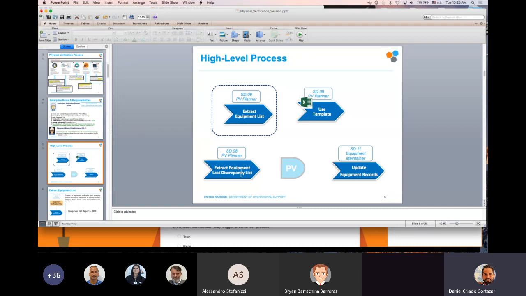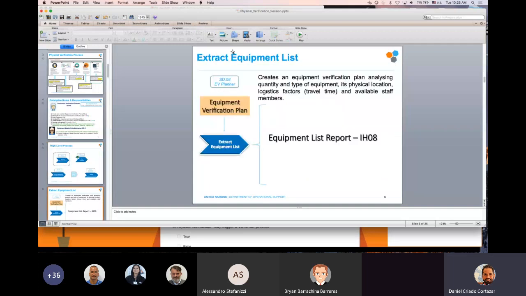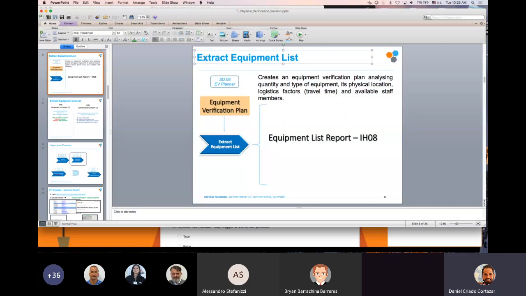So you will basically extract two lists, and those two lists will be dumped into the template, and we will see how it's done, right? Eventually, those equipment master records will be updated by the SD11. Okay. So first, what we're going to do is we're going to extract the equipment list of the equipment that